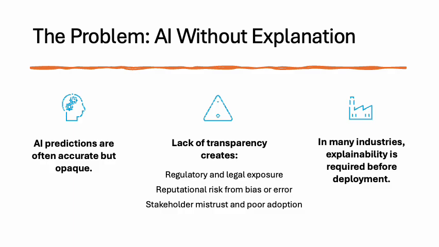So let's talk about the problem first. We all know that AI models are really good at making predictions, but they're not good at explaining themselves. For example, when a loan gets denied or a patient gets flagged as high risk, we can't always ask why. That lack of transparency is frustrating and is a business risk. It leads to compliance issues, reputational damage, and low stakeholder confidence. So, regulators, customers, and executives are all asking the same questions. Can you explain this decision? Can you explain what's happening in the back? And in many cases, the answer right now is no.